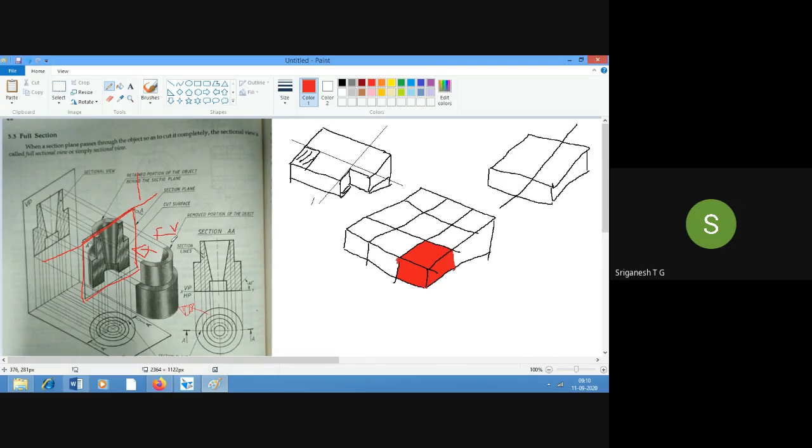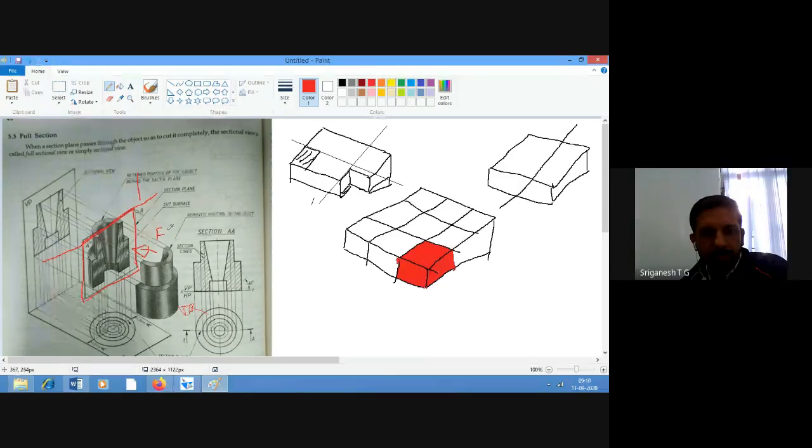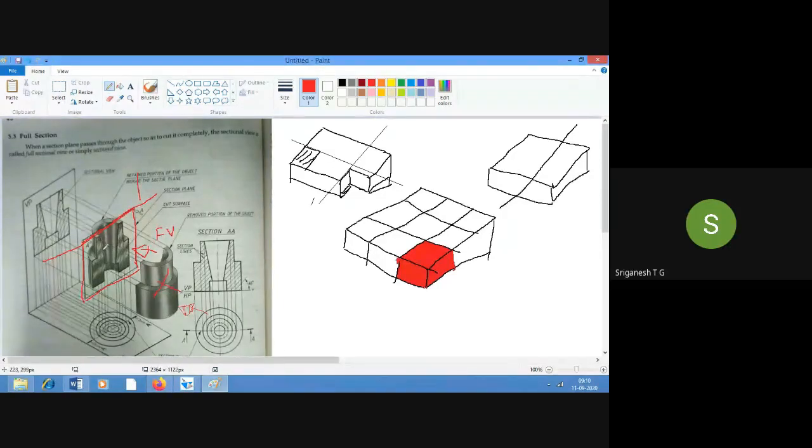Forget this portion of the object. Now we are looking from here. Now what can we see? For this object, we can see the thickness. The thickness is varying over here. So material is there, first thing. Second thing, a portion of that is hollow. There is no material in this place at all.